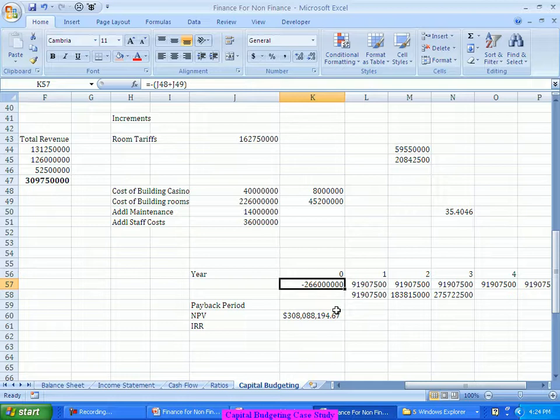Not 45 after 5 years. 9 after 1 year, 9 after 2 years, 9 after 3 years. If you want to get like that, 9 after 1, 9 after 2, 9 after 3, 9 after 4, 9 after 5. If you want to get cash like that, today you have to invest 30. Then it is 15% return. But you are investing lesser than that only. Which means you are getting much better. You are getting a return more than 15.